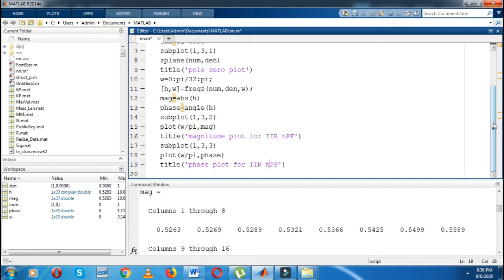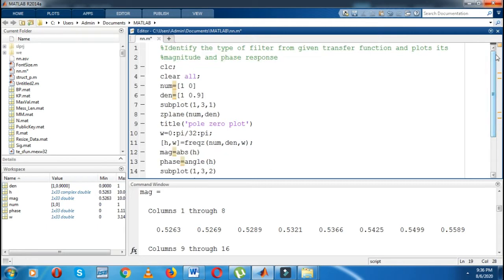In the same way you can design an FIR low pass filter and an FIR high pass filter. So how to design that? It's very easy to design. There is only one change you have to make: simply replace the numerator and denominator.